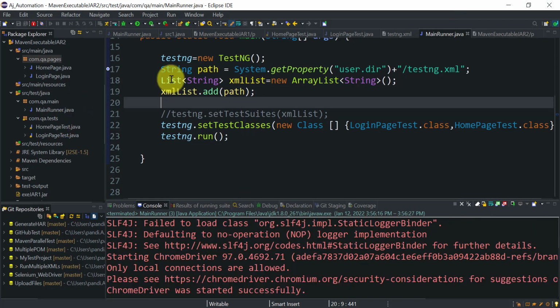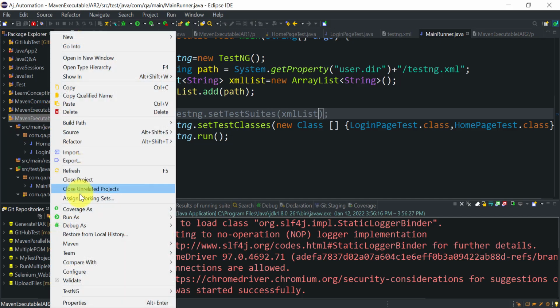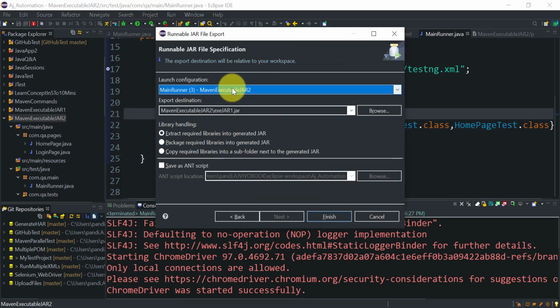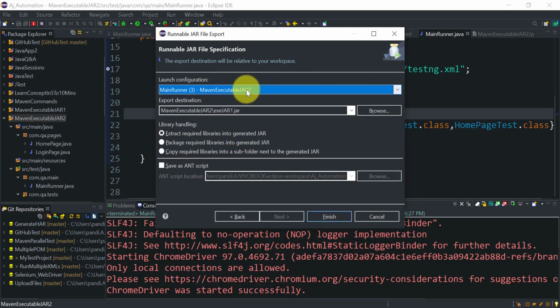So let's go and create the jar file for this. Right click on your project, then go to export runnable jar. The same maven executable jar2 project and the same location. Select any one of these and click on finish.